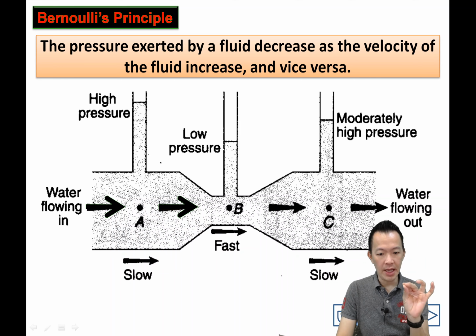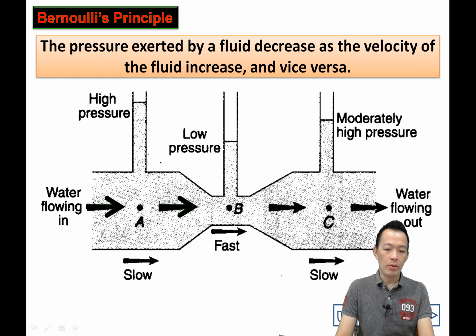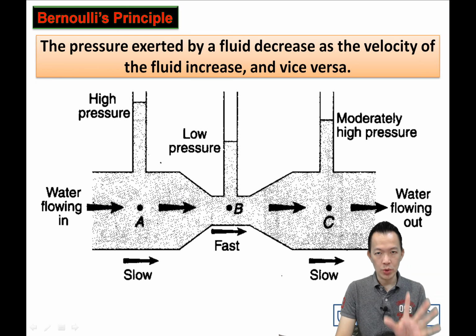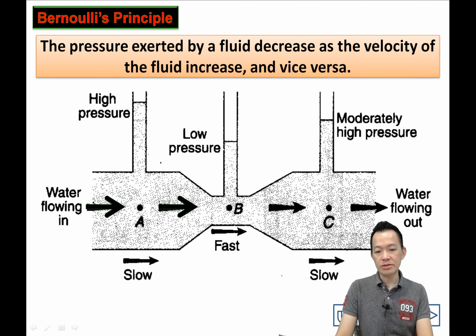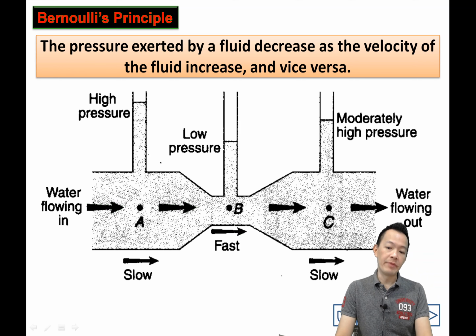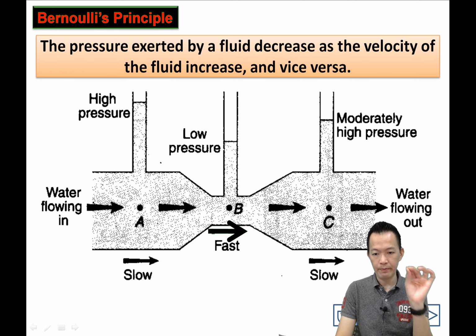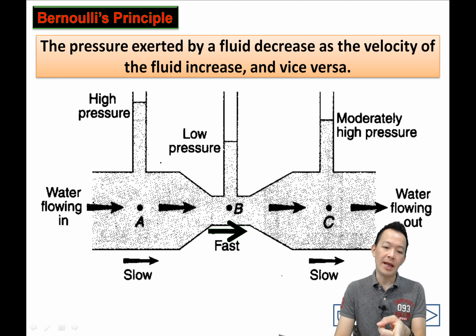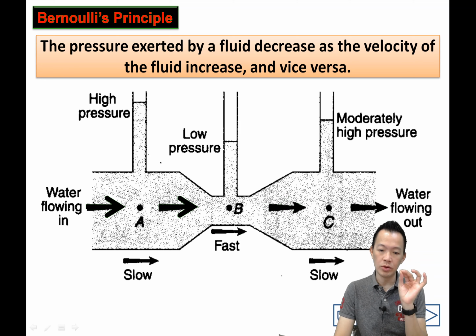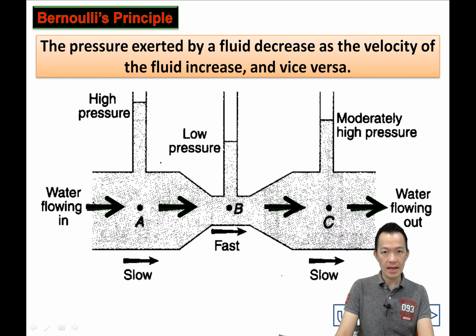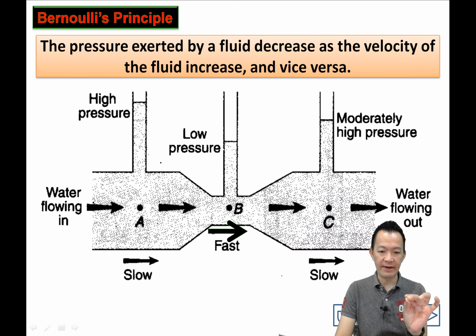So they say the water flows from A towards B and then goes to C. Okay, when the water flows from A to B, from the wider space now to the narrow space, what happens? Now the water from A will flow slowly because it is blocked by B, 被 B 这边挡着啊。So the water flows very slow, 它流得很慢很慢。But when the water passes through B, the water becomes very fast, 对不对？当水流过 B 的时候 the water flows faster. Coming out from B and going to C, the water will be a bit slower, but better than A 啦，好过那个 A 被挡着那边，对不对？So the water will be slow compared to B, but faster than A. Okay, so A actually is the slowest stream, B is the fastest, and C will be moderate, 中等。